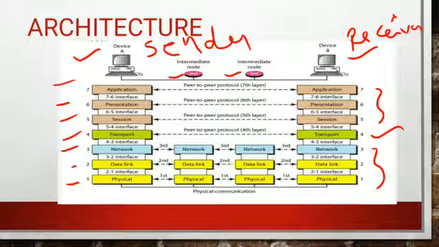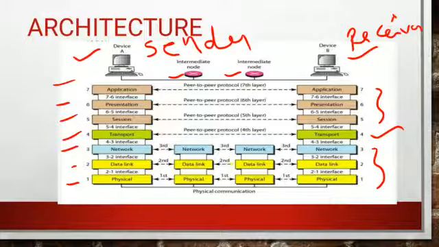Now see, here the data is transmitted first, starting from the application layer. It will move to the presentation layer. From the presentation layer it will do its own functionalities, and after that it will transmit to the session layer, and from the session layer it will go to the transport. From the transport again it will move to the network layer, and each and every layer has its own functionality. Whenever the data reaches a particular layer, it will definitely fulfill its functionality, and after completion of that it will transmit the data to the next layer.